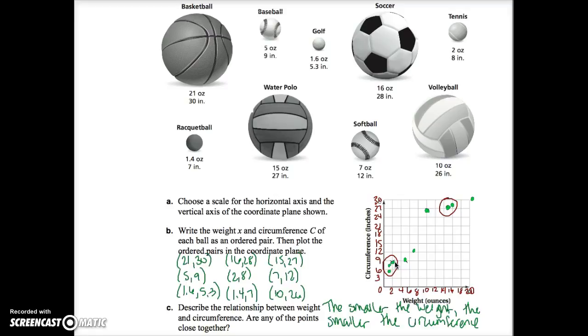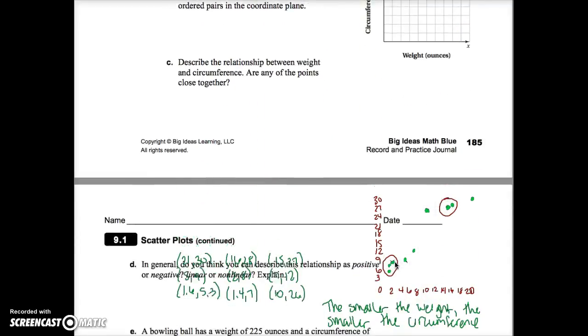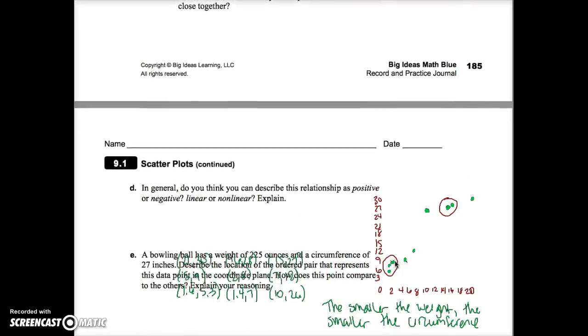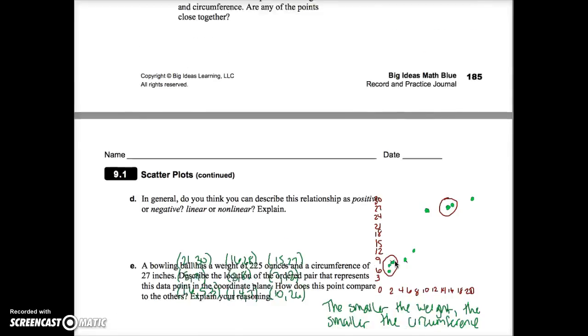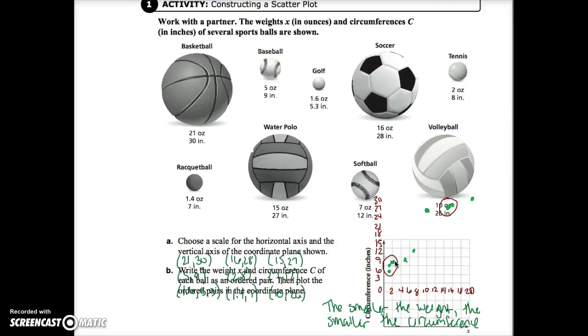Then, if you look at E, again, I'm just going to keep this writing here and come back to it. It says a bowling ball has a weight of 225 ounces and a circumference of 27 inches. Describe the location of the ordered pair that represents this data point in the coordinate plane, and how does it compare to others? So if we come back and we look at the graph,